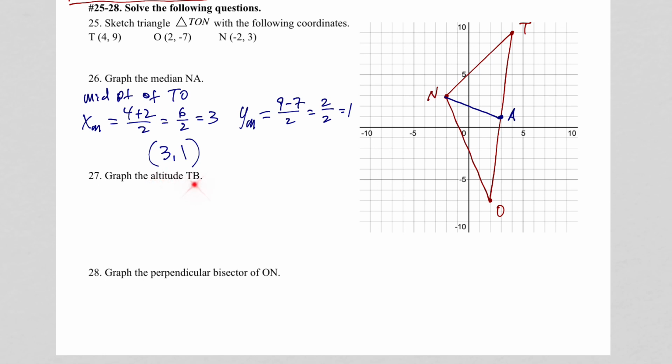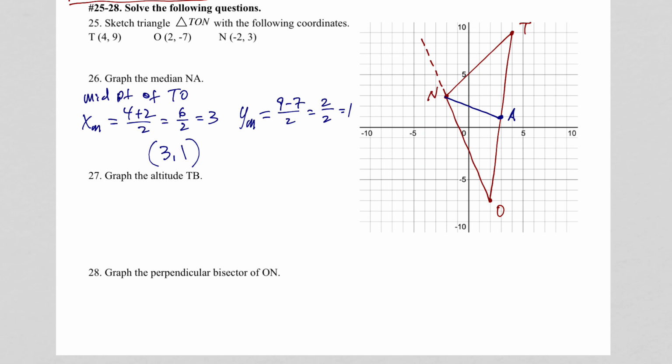Okay, the altitude TB. Well, here's T, so it's got to hit the other side, but it's got to hit it at a right angle. I'm not able to hit it at a right angle inside the triangle. It's going to come out here. So the first thing I got to do is extend this line because the altitude is going to hit it out here somewhere. So I'm going to grab my ruler and lay it along NO, and with a dashed line extend this out. I'm not sure how long I need right yet,